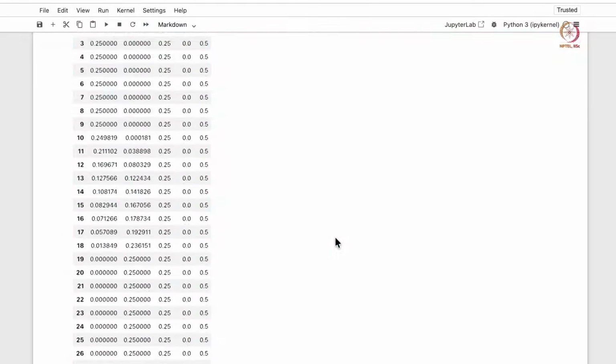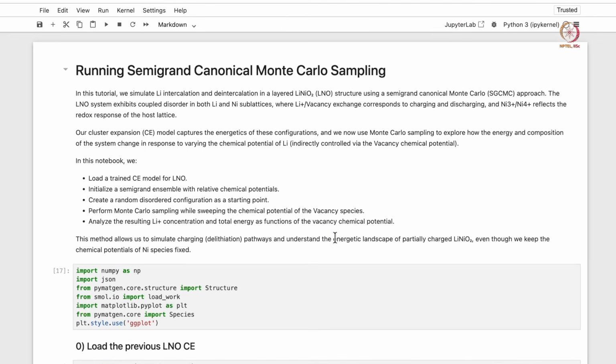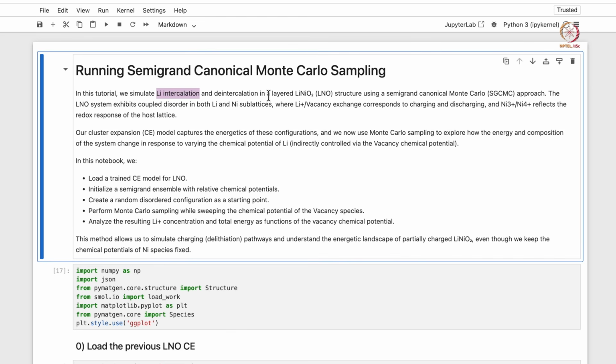So, in this hands-on session we have simulated lithium intercalation and deintercalation in a layered lithium nickel oxide structure using the semi-grand canonical Monte Carlo approach, and we have also seen how the energy and composition of the system change in response to the varying chemical potential of lithium.